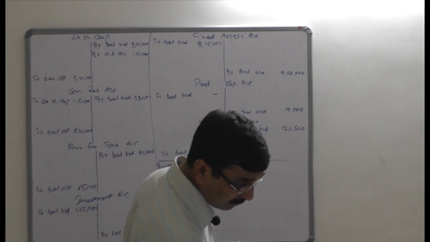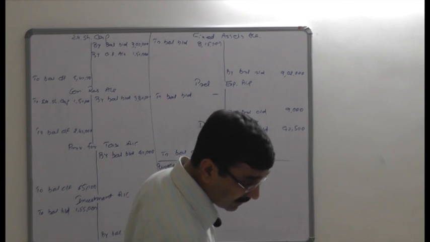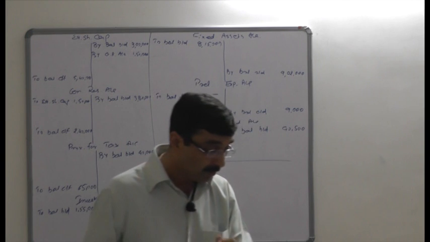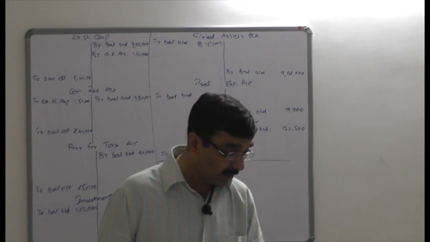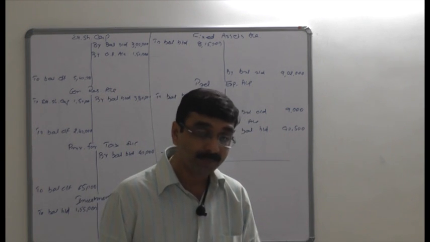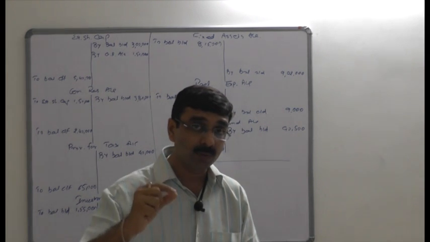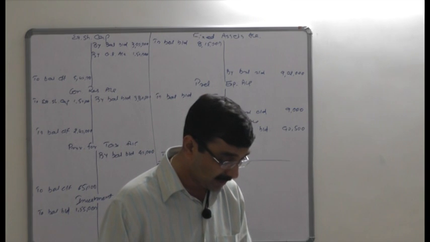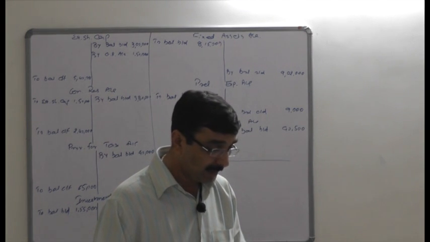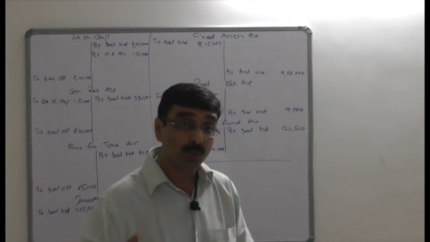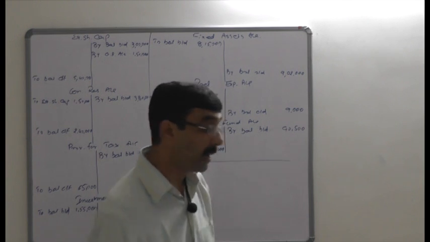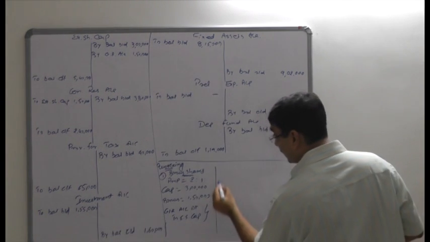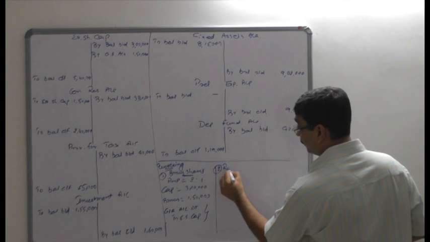Now the very important thing is the second adjustment. The second adjustment is company issued rights shares in the ratio of 5:1. That means if company shareholders have 5 shares, they will get 1 right share. And that 1 right share is after issuing bonus shares on increased capital. So now the second adjustment is rights shares,